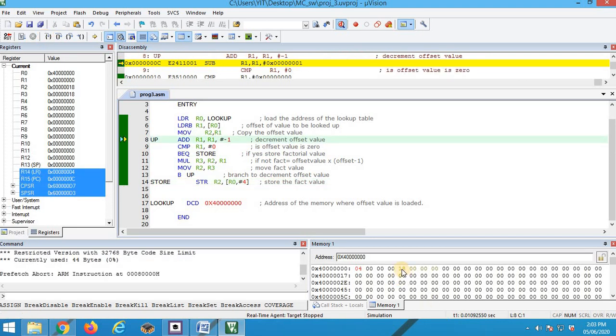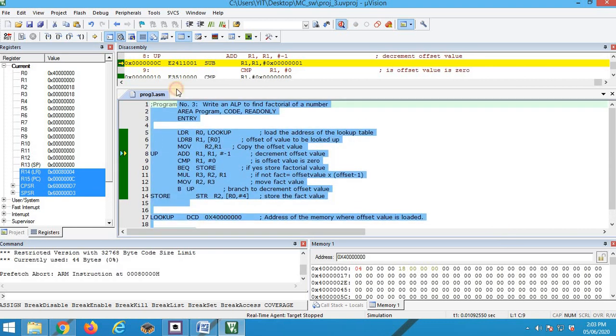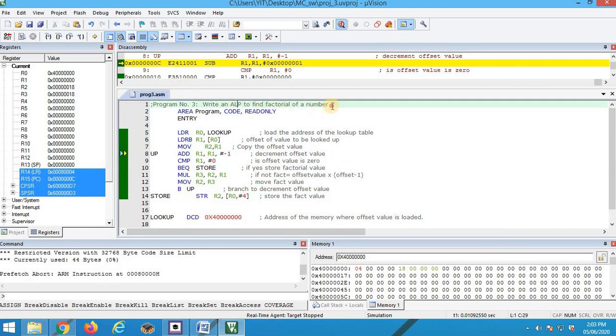So this is the end of the program. 18 is nothing but 24 in decimal. So if you check, 4 into 3 is 12, 12 into 2 is 24, 24 into 1 is 24, which is nothing but the factorial of 4. So this is the explanation for the ALP to find factorial of a number. Thank you.